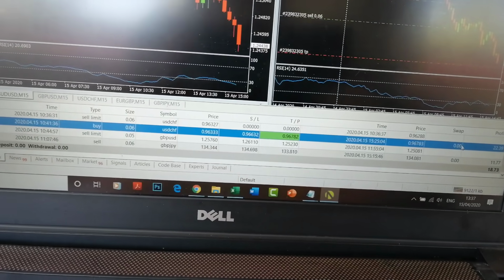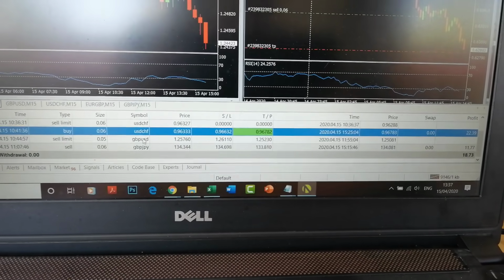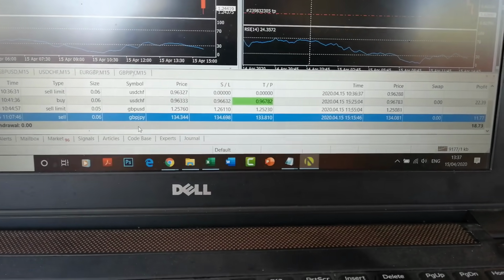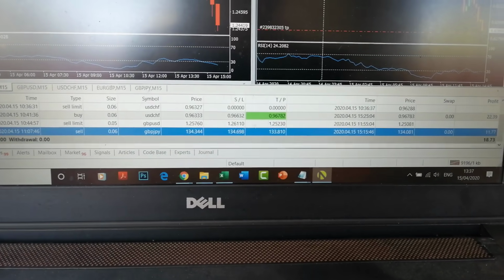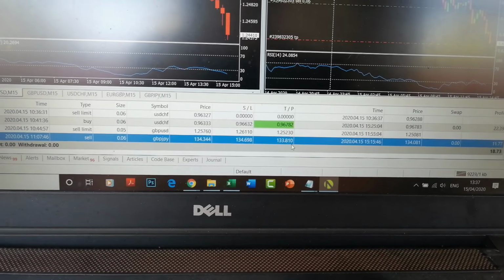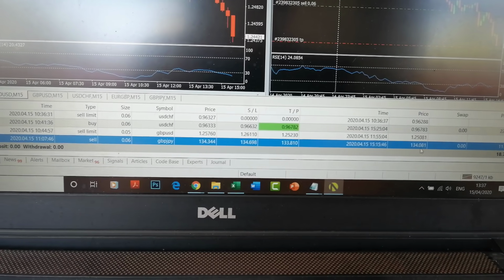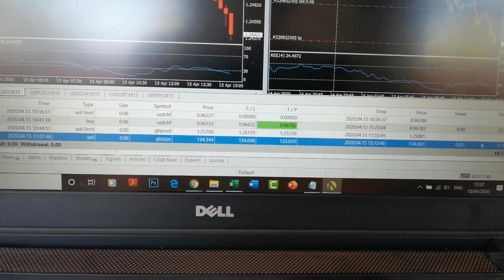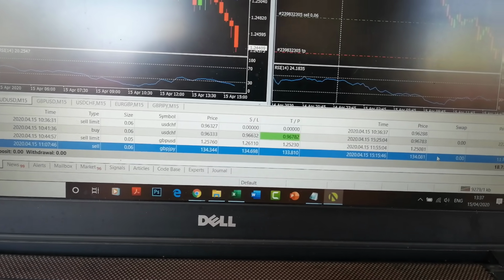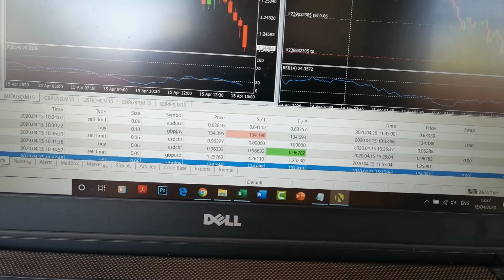I've had a win on the US dollar Swiss franc, and that was a really nice trade. That was a 1.5 win. And I've had a win on the pound to the Japanese yen. This was really frustrating. This is what I mean. I've done it again. It's a win, but I cut it short. My take profit was actually at 81. It bounced back up and seemed to struggle to cross over the whole dollar. So I bailed out at 134.08, which is only about a 0.70 to 1. So it's put me into a negative profit loss ratio, and a little win that didn't even combat the loss